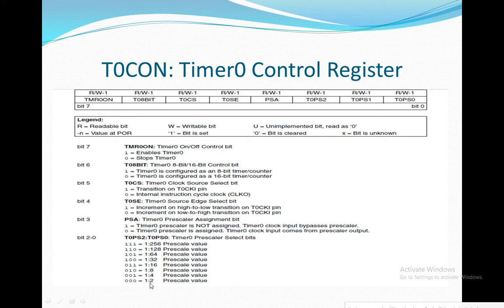So you can see 1:2 to 1:256. These 8 options are available for pre-scaling. So you can choose which pre-scaling option we are going to use to increase the delay. I will show you the calculation with the pre-scaling option.